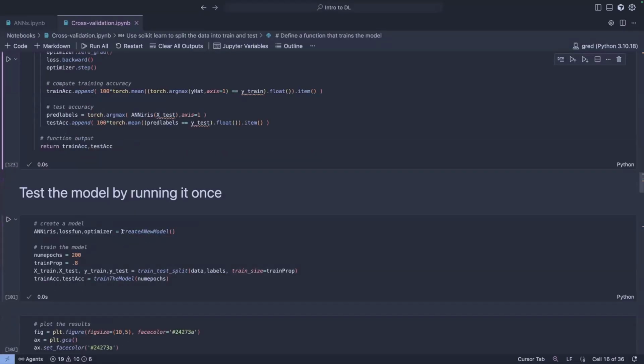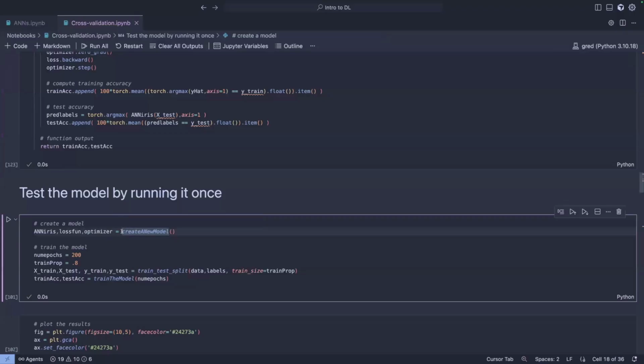And now we're using the exact same model. So the same function we built before to create a model, we're just calling this function now. So we're starting a new model, a fresh model. And then instead of, again, repeating this code, I'm just here training the model using the function here.